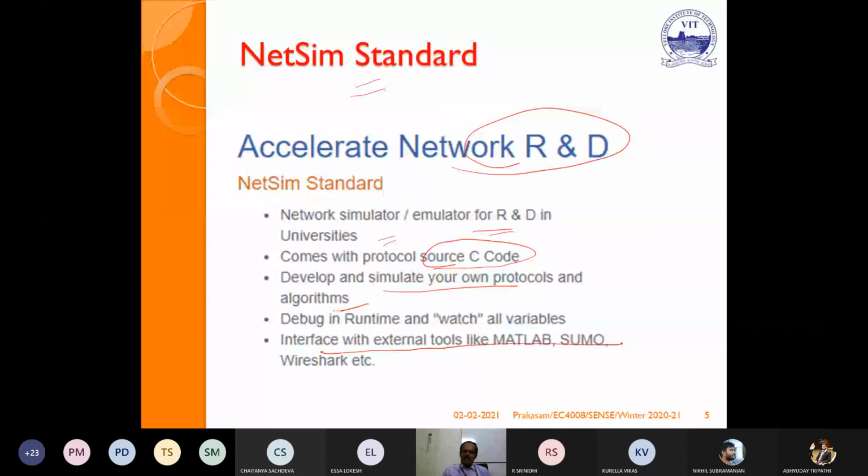Then there is the internet, then BGP, then MPLS, and advanced wireless networks, with many built-in networks. So you can analyze all these networks by creating or connecting the environment.